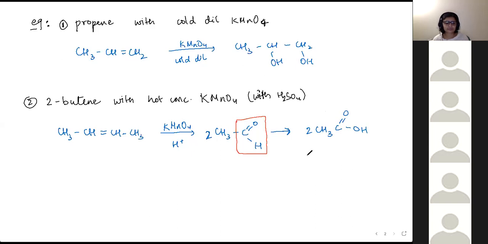Ma'am, again, how do we do oxidation of this? The oxygen from KMnO4 is doing this. Yes. So KMnO4 is a really strong oxidizing agent. This is going to get reduced to MnO2. It depends on the extent of oxidation. So either MnO2 or, in the case of cold dilute KMnO4, it gets reduced to a different product. In this case it is MnO2. In the acidified case it gets reduced to Mn2+. So yeah.